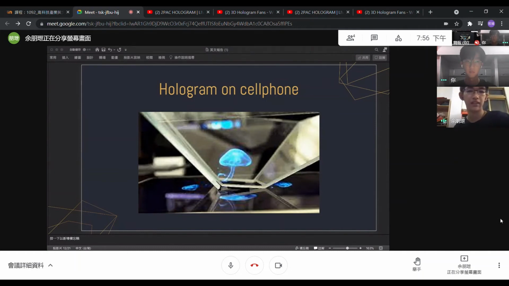And next, take out your phone, open YouTube, and search the keyword of hologram video. It will show up, and you can see the button of the cell phone. You can see 4 pictures of the jellyfish, and you will form a 3-dimensional picture in the middle of this. The theory behind this is the same as Pepper's Ghost.